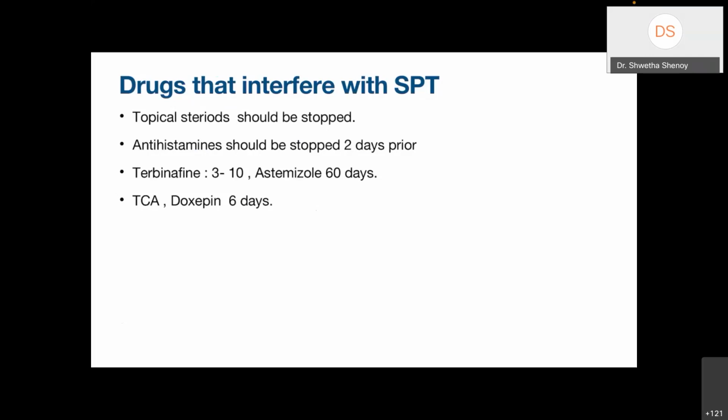The other drug which we have to keep in mind is beta blocker. A lot of our patients are on beta blockers. Now, beta blockers do not interfere with the result of the test. But what beta blockers do is they block the signs of anaphylaxis, because usually in anaphylaxis, there is a lot of histamine release and you need to give them adrenaline. So when there's a beta blocker, the typical signs may be masked. So for the sake of safety, beta blockers have to be always kept in mind when we deal with anything allergy.